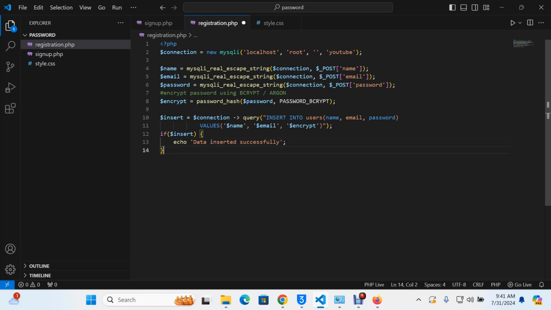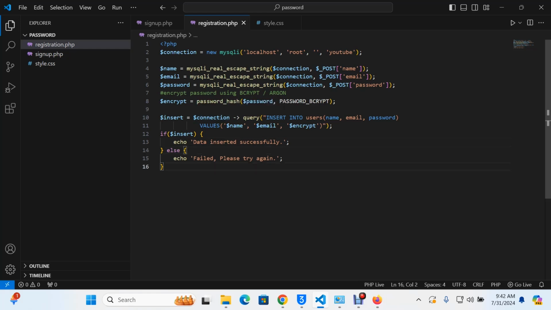Else, you can just say echo or just print failed. Please try again. No shouting, but just say like that. Data inserted successfully, and failed. Please try again. So let's test our code and see whether this data that goes to the database is